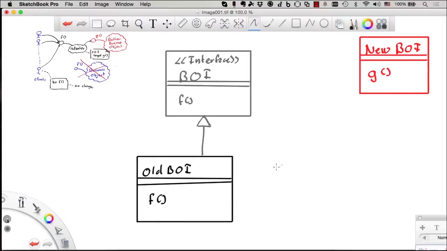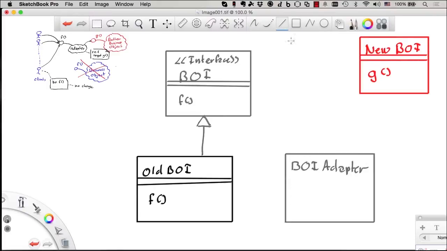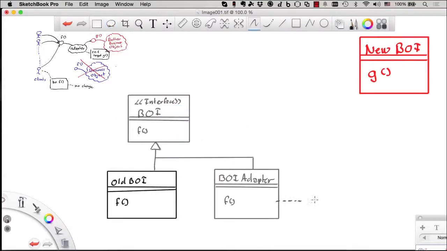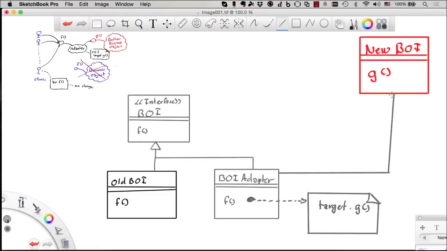Now we need to introduce a new implementation of the business object implementation, or at least the interface, that we're going to call the adapter. The implementation of the f method in the adapter is quite trivial. It would have to forward to the new business object implementation and translate from f to G. To be able to forward to the new business object implementation, adapter would have to have a reference to the